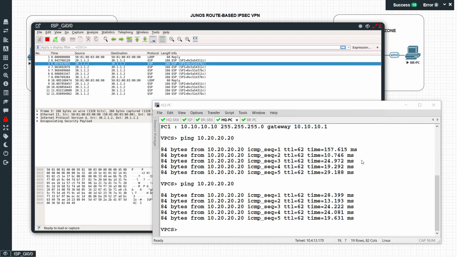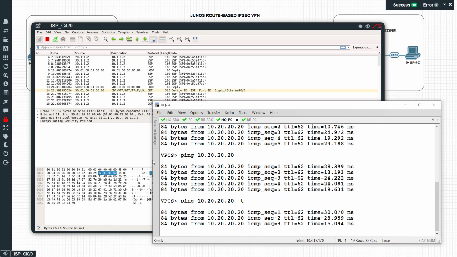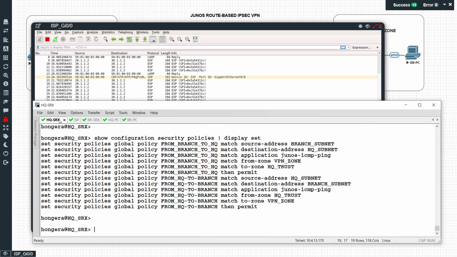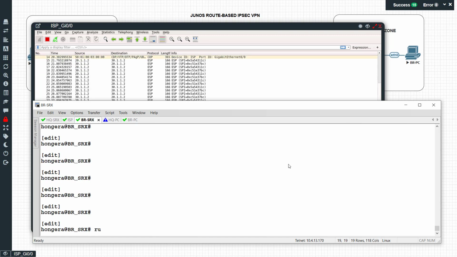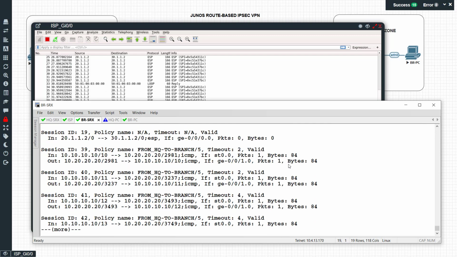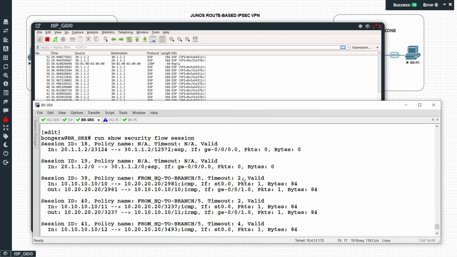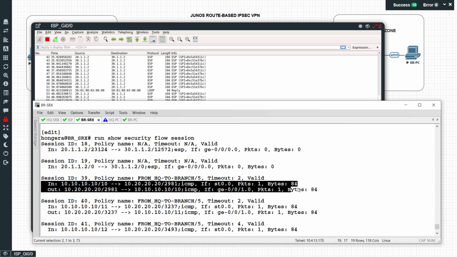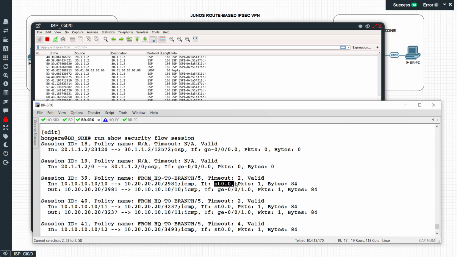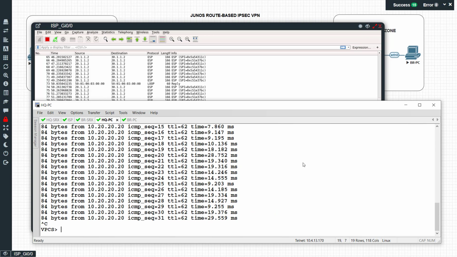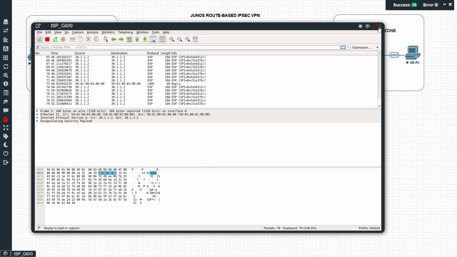Let's run a continuous ping, and let's go over to the branch SRX. If I say run show security flow session, you will see it is a policy from HQ to branch that's getting hit, and this is the session. You see it's coming in via the tunnel interface, and it's getting out of gig 0/0/1. Okay, so I'm going to stop the ping, and I will close my packet capture,